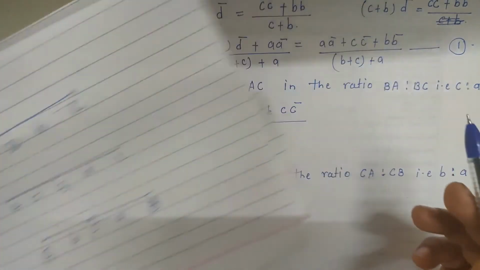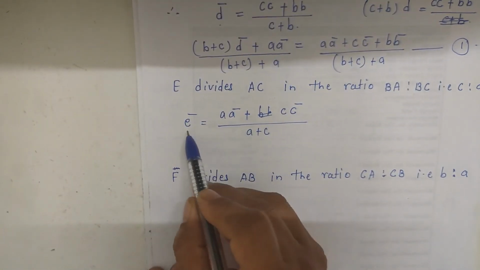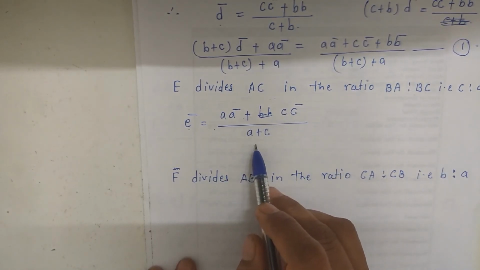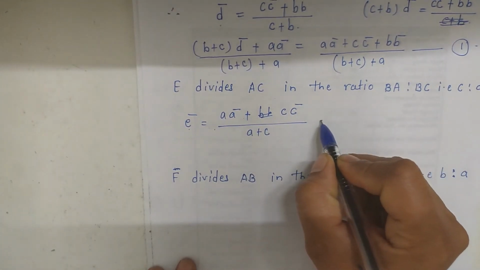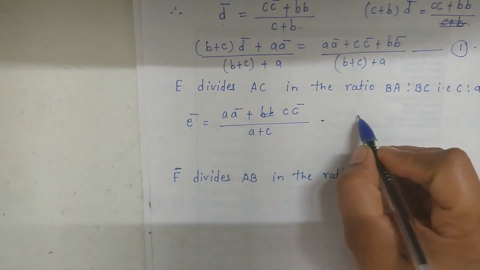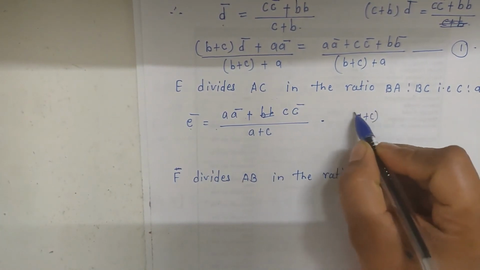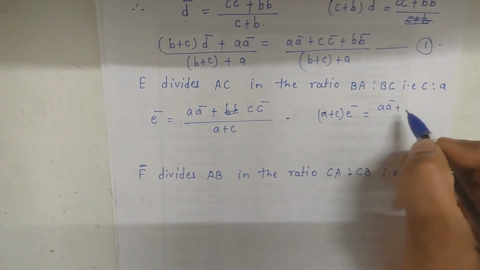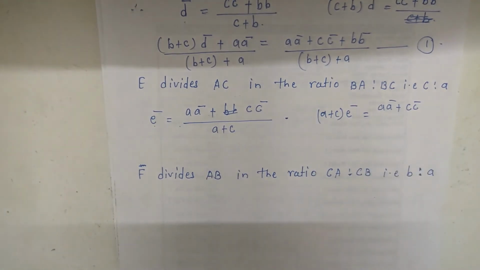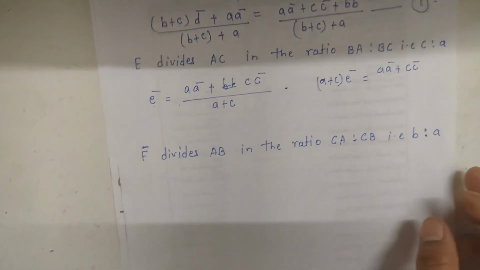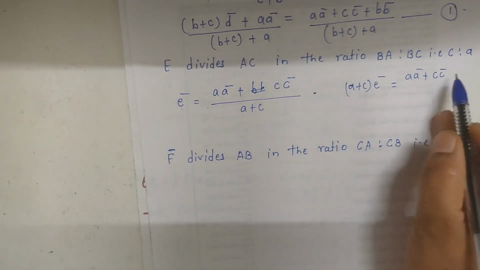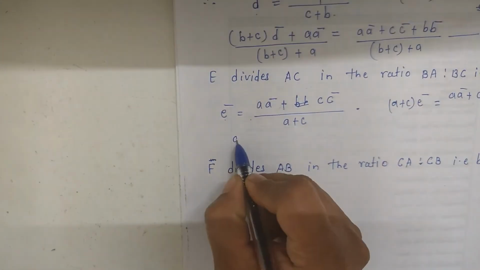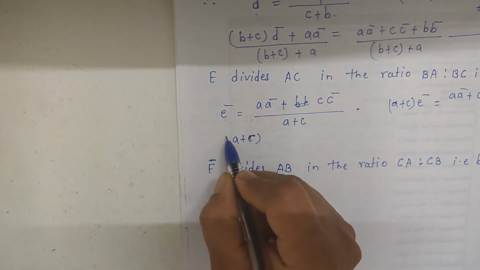the position vector of E bar is equal to A into A bar plus C into C bar upon A plus C using section formula. Therefore we can write by cross multiplying, A plus C into E bar is equal to A into A bar plus C into C bar. Also by adding B into B bar, we get A plus C into E bar